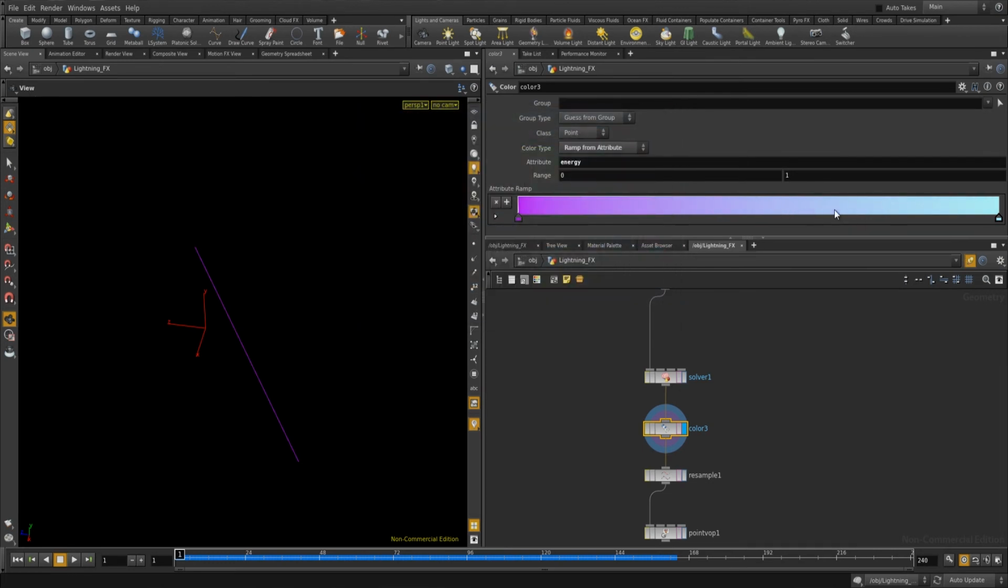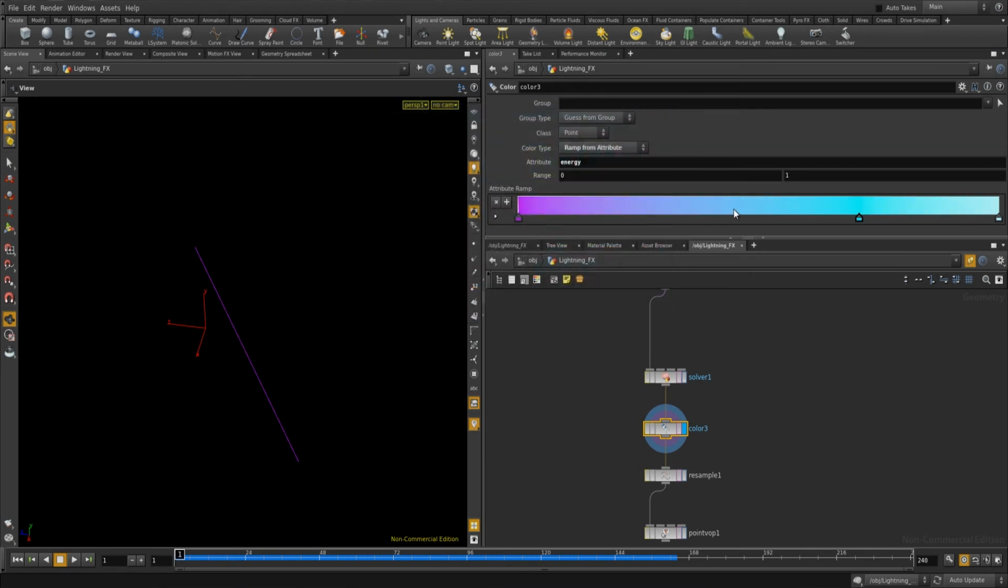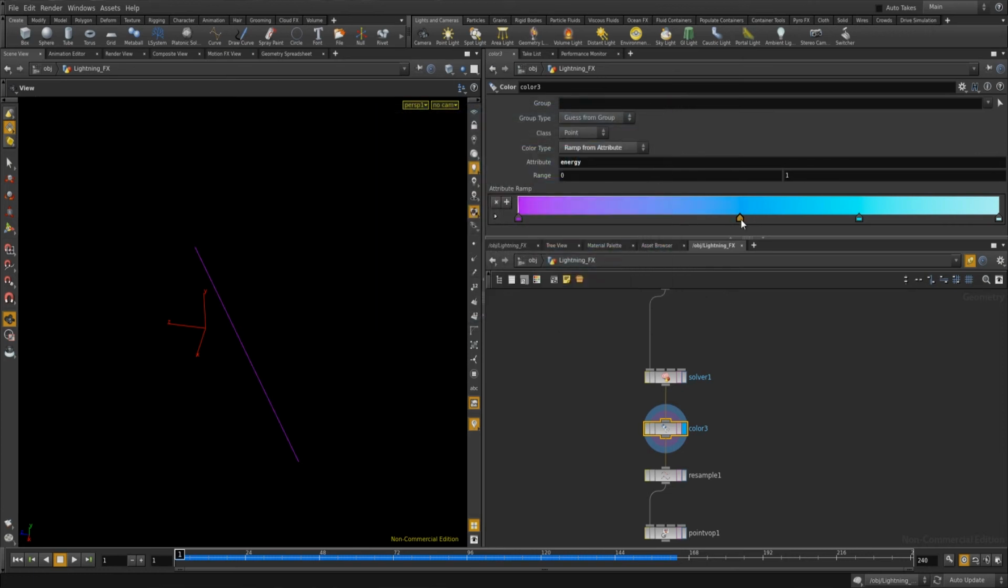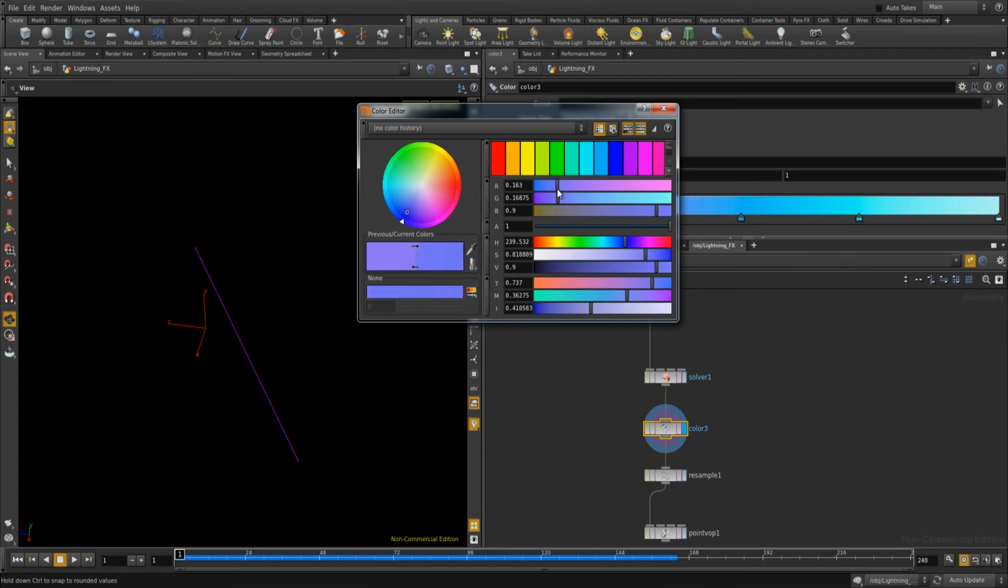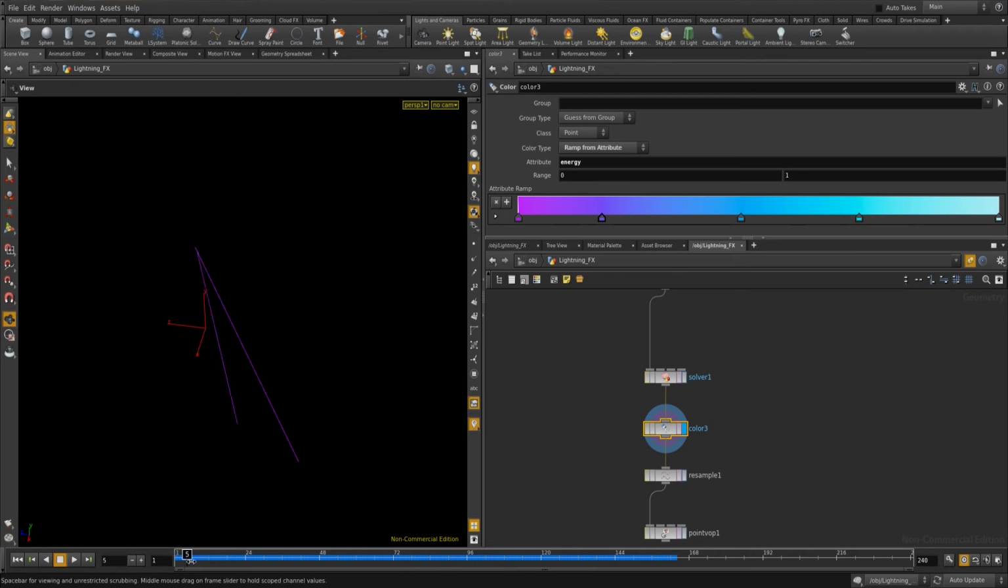And then over here, just make it straight up blue, darker kind of, you know, and we will bring a darker violety kind of color in there. And we'll see. Yeah, there we go. So now we have our bolts basically changing color over the lifetime based on that energy